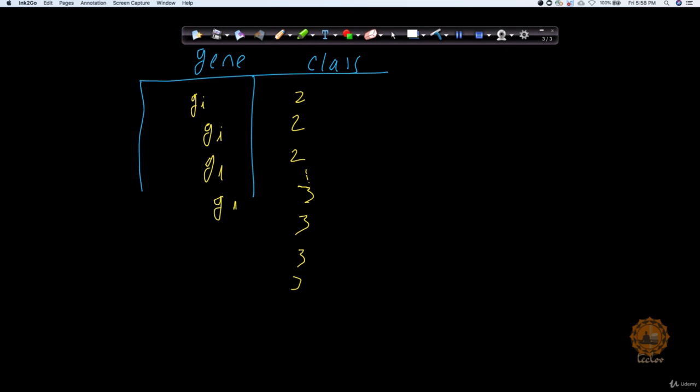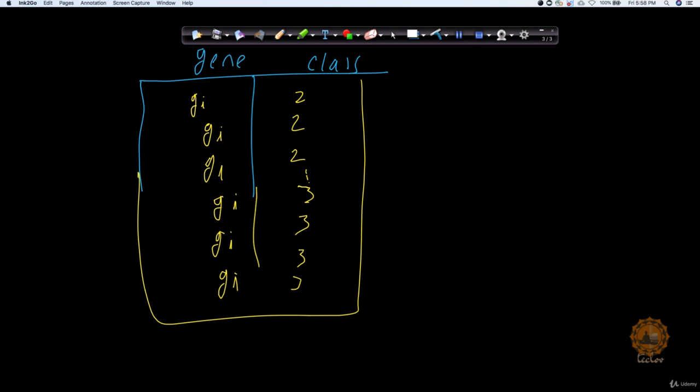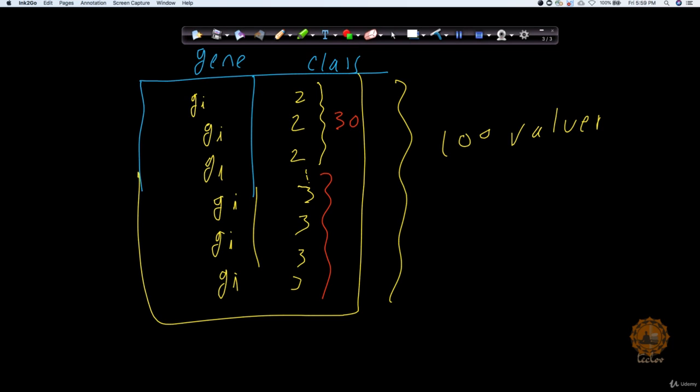Let's assume this is all 100 values. So this gene belongs to class 2, this gene belongs to class 3, and so on. Let's say these values are 30, and these class 3 values are 70 out of it.